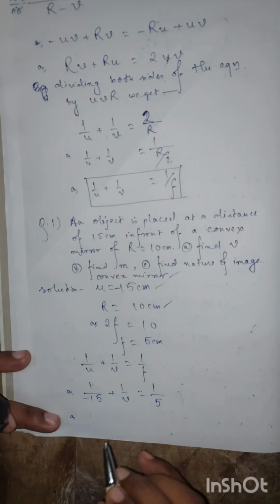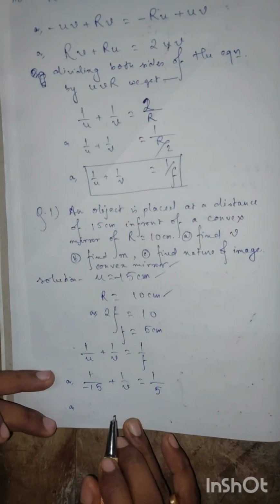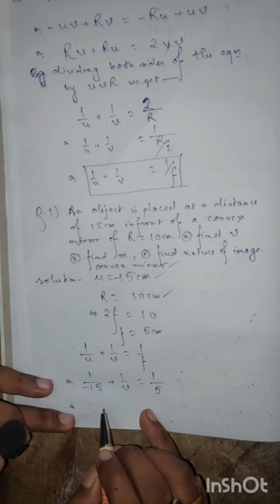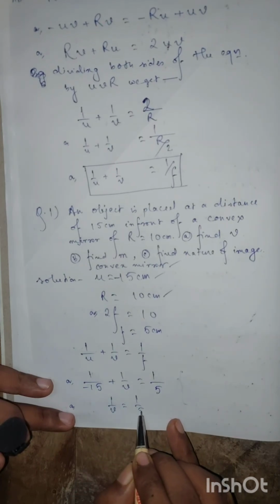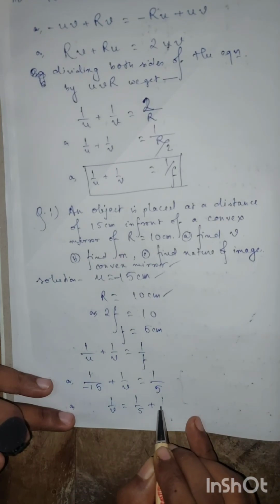Or we can say 1 by v is equal to 1 by 5 plus 1 by 15,